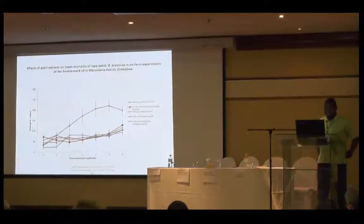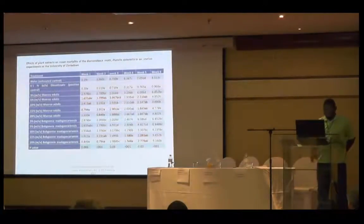Hence, the 15 and 20% for Bogania madagascariensis and the 5 and 10% for Merwa were further evaluated in other experiments, and generally there were no significant differences among those treatments. Again, on the diamondback moth, a similar study was conducted, and it was also observed that generally there were no significant differences between the 5, 10, 15, and 20% for Merwa, and 10 and 15% for Bogania